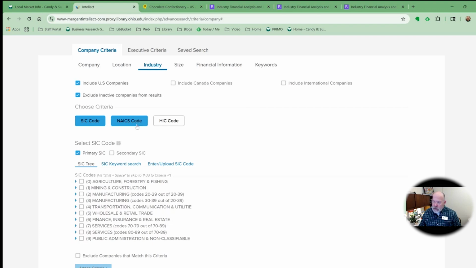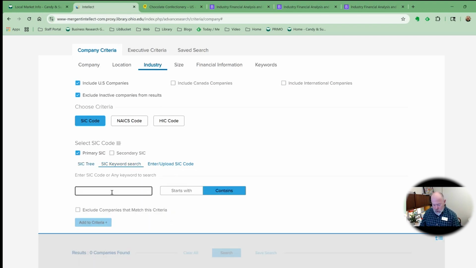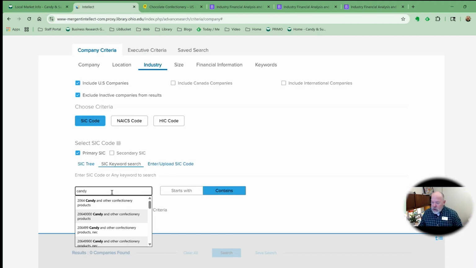Now there are a couple different options here. There's a SIC code and a NAICS code. You can try both. Basically, it's a different kind of code that is used to identify companies in the industry. I think in this particular database, the SIC code actually works a little bit better than the NAICS code, but you can try both. So we do SIC code here, and if we search for candy, you can see it will bring up